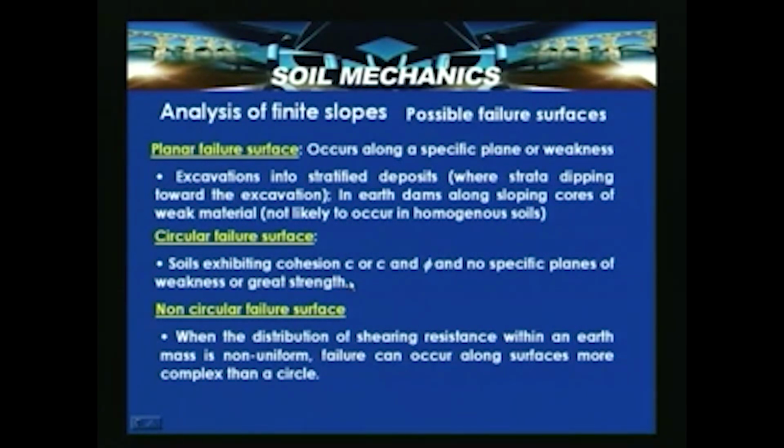So, soils exhibiting C, that is cohesive slopes only, or soils exhibiting C and phi and no specific planes of weakness or great strength. For soils which do not exhibit any specific planes of weakness or great strength, these circular failures can take place. And non-circular failure surfaces: when the distribution of the shear resistance within an earth mass is non-uniform, failure can occur along surfaces more complex than a circle. So, when the distribution of shearing resistance is not uniform, it can form something like a non-circular failure